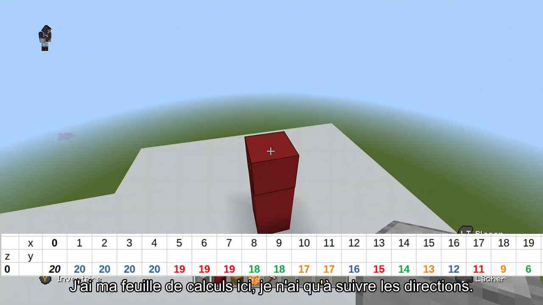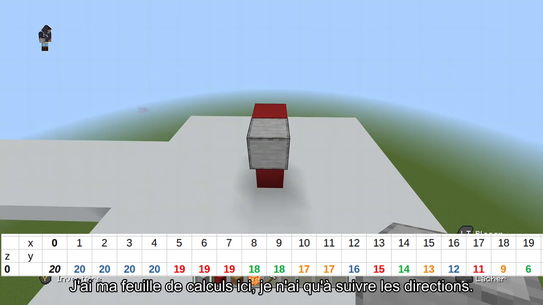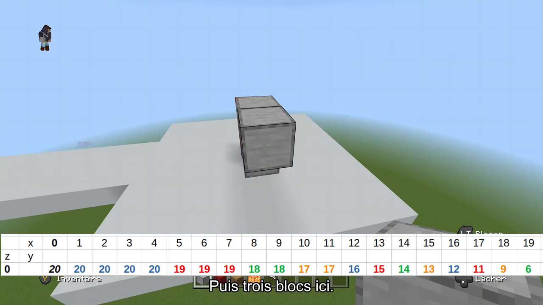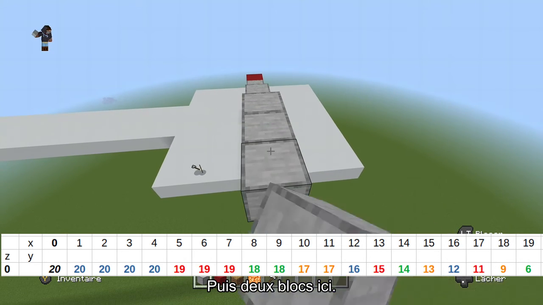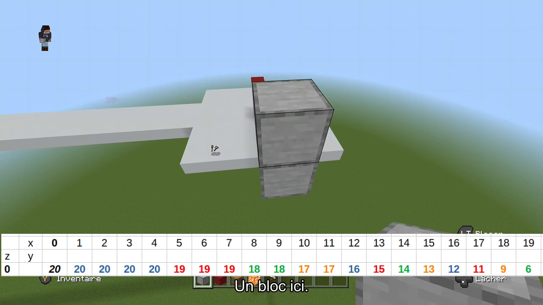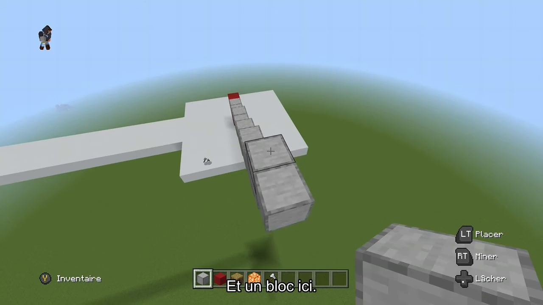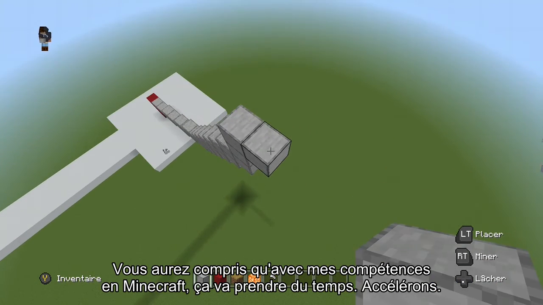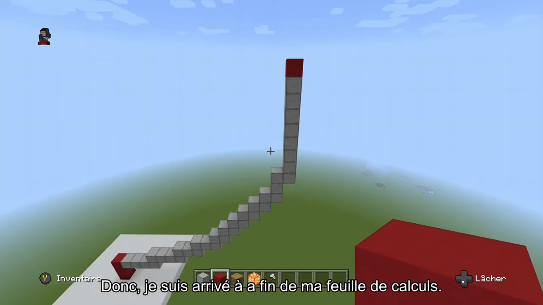So I have my spreadsheet, and with that spreadsheet I can follow the directions. I'm going to put 1, 2, 3, 4 blocks here, then 1, 2, 3 blocks here, and then 1, 2 blocks here, and then 1, 2 blocks here, and then 1 block here, and then 1 block here. Okay, you guessed it, with my Minecraft skills, this is going to take a while, so let's speed it up a little. So I have arrived at the end of my spreadsheet, so I put one last block to signify